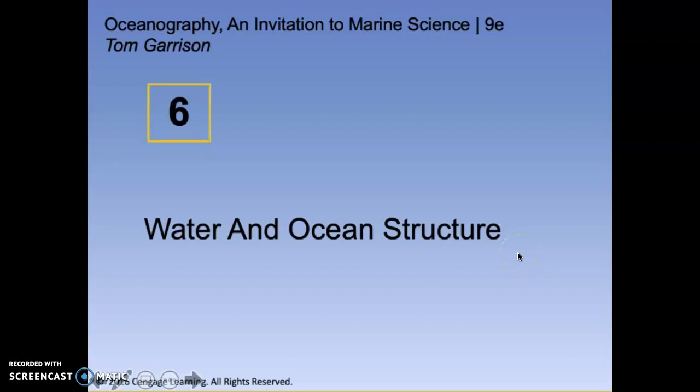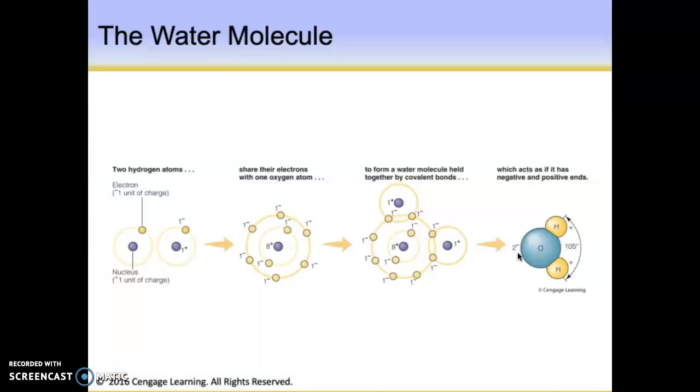In this chapter, we're going to talk about water and ocean structure, and really this chapter is quite a bit about ocean physics. So let's take a look at the water molecule. Here we go. The water molecule is made up of two atoms of hydrogen bonded with one atom of oxygen